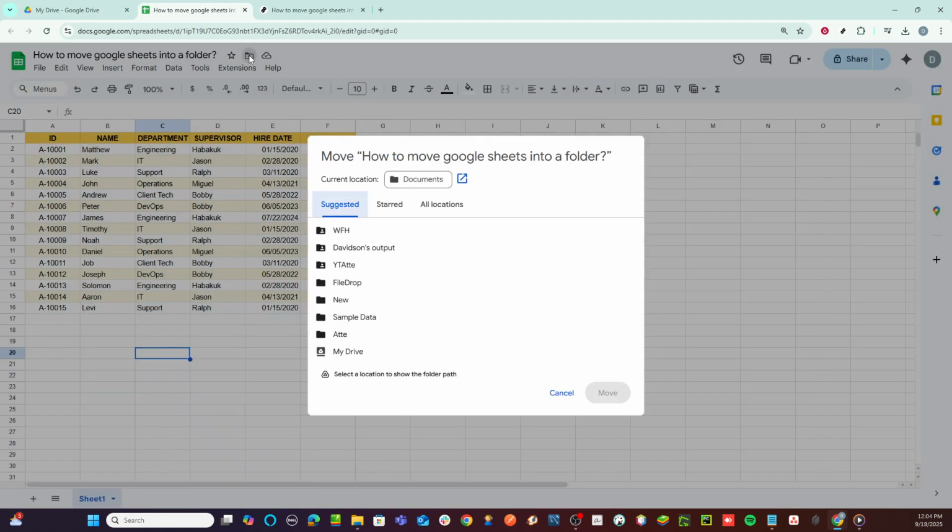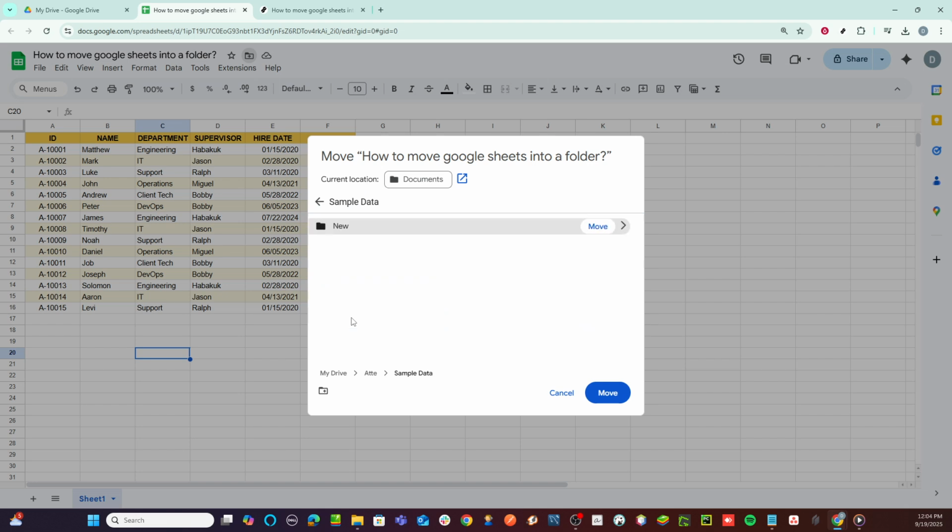After clicking the Move icon, a new pop-up window will appear displaying the folders within your Google Drive. Your next move is to find and click on the folder labeled Documents, if that's where you specifically wish to store your Google Sheet. If your Documents folder isn't visible right away, use the search bar or scroll through your folders to locate it. Remember, you could also opt for any folder of your choice, depending on how you've organized